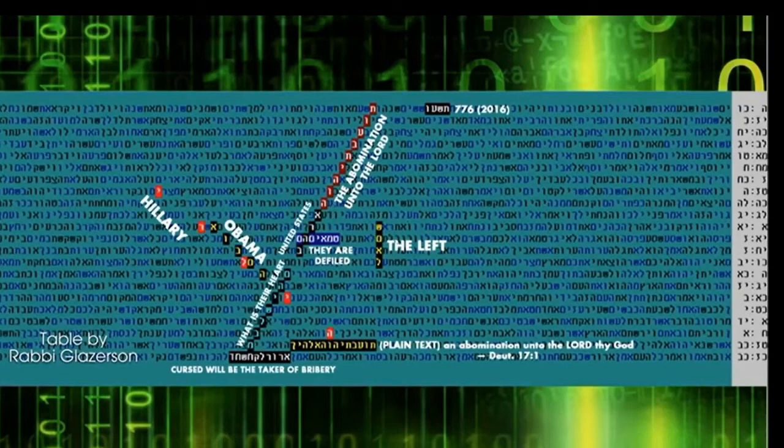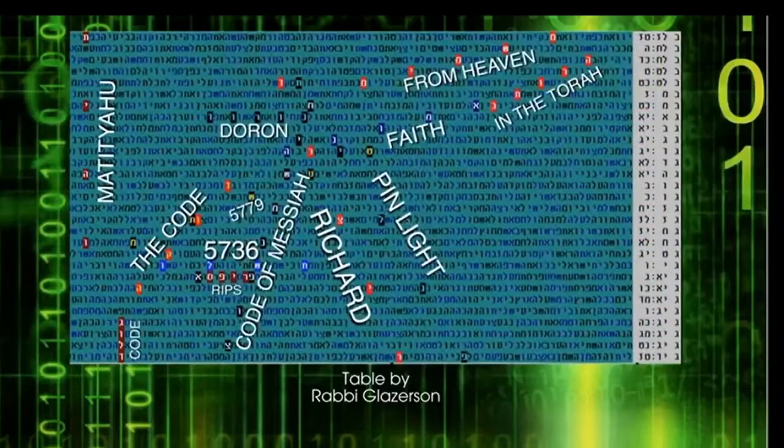But as crazy as this table is, I felt that it was significant because you don't see tables like this every day. This is a really recent table. I mean, this one's like kind of shouting at us. It has everybody's name that's been involved in the Torah codes in some way in one sentence. It's a little messy, but basically it says Matityahu, which is Rabbi Glazerson's first name, code there at the bottom, the code,